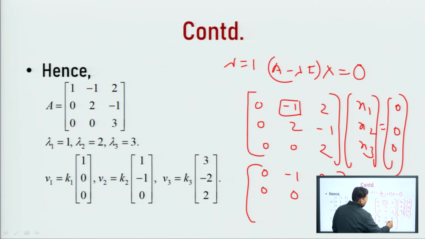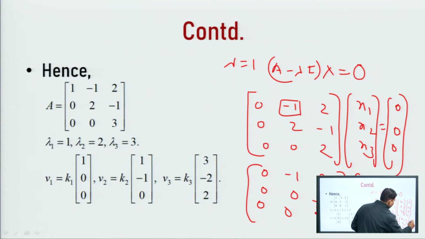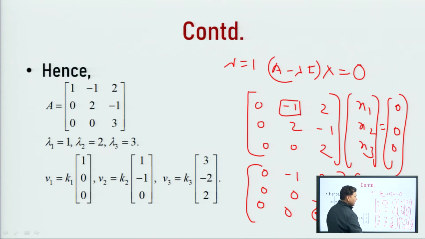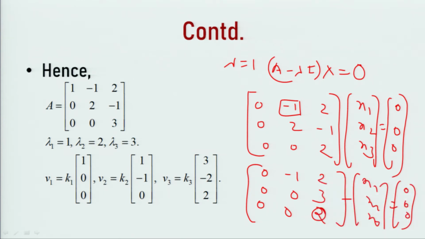So, here we will get 3, means R2 plus 2R1. So, this is 4 minus 1, this is 3, this is 0, 0 and this is 2. Okay. So, x1, x2, x3 equal to 0, 0. In the next step, convert this matrix into echelon form, we can make this entry 0. You can divide the second row by 3, multiply by 2 and subtract from the third row.